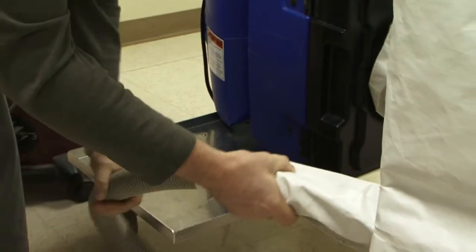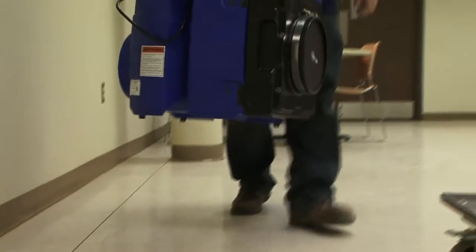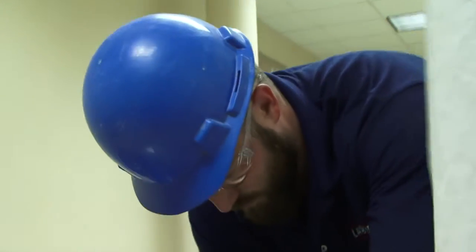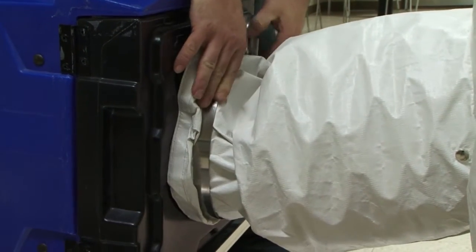Containment cubes usually include 1 or 2 ports, or tube-shaped openings near the base of the enclosure, to attach a negative air machine or route a HEPA vacuum hose into the cube. Place the negative air machine on the wheeled platform or the floor and attach the port duct to the machine's air inlet. Then secure the port duct with tape, zip ties, or a large hose clamp to prevent any dust